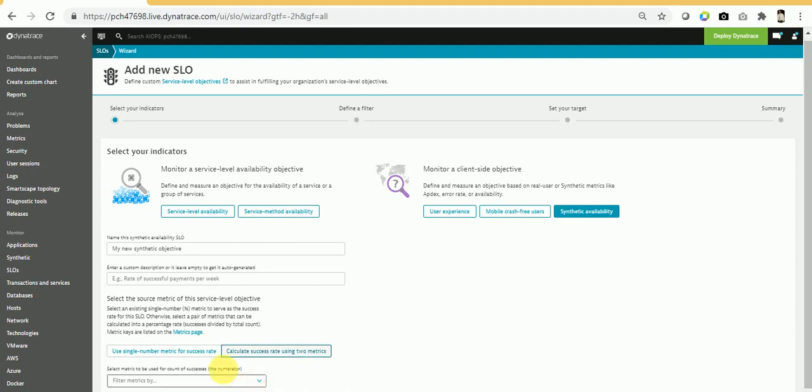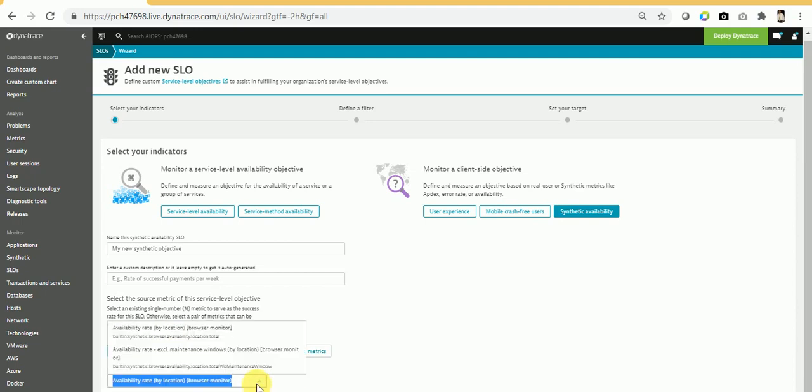So let me create it for the single number metric for the success rate. It's quite simple. Here you can see the two basic metrics come up. You can select the most basic and good metric to calculate the application availability, either for SLO or to measure application availability.